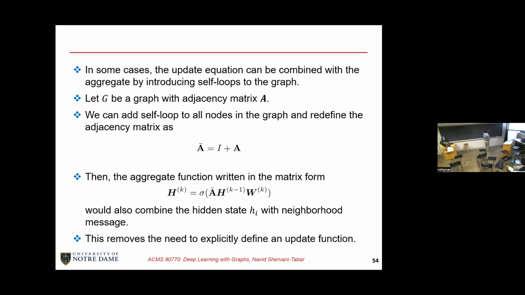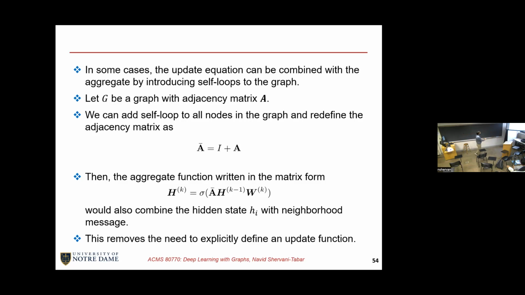So I'm going to take a quick look at a method to simplify our representation of our equation. And this is the question that you were asking. So we have a graph. Let's say that we have a graph. We can make this equation look nicer by introducing self loops into our aggregation